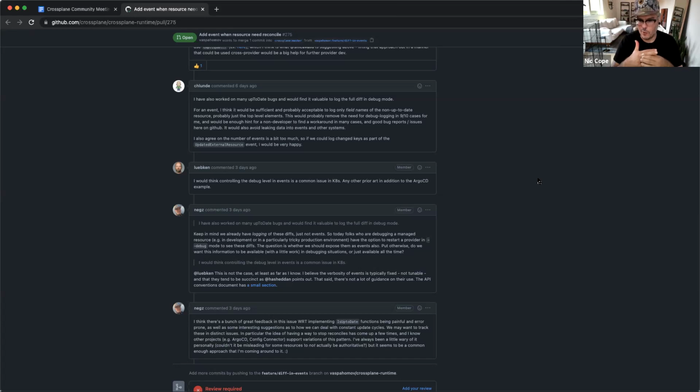And I think that's a great idea. This is a tricky part of the logic, and a lot of the comments on this pull request so far are people calling that out. So when you're developing Crossplane resources, and often when you're debugging, you might have one resource that updates all the time.